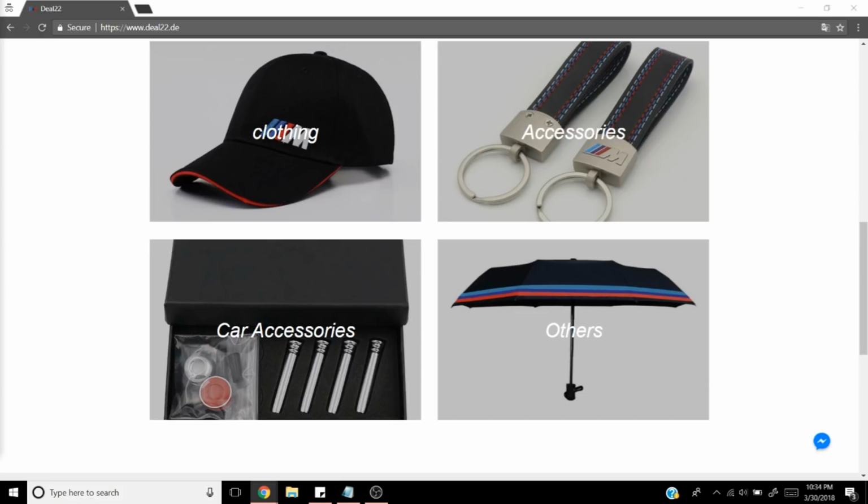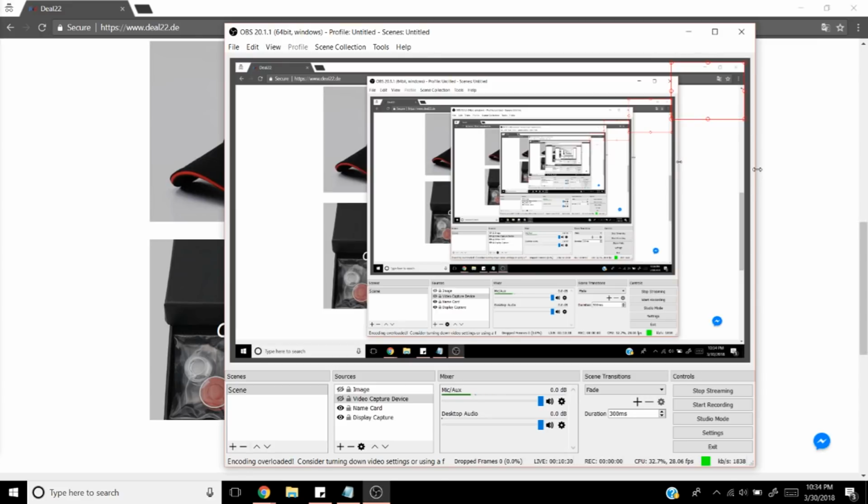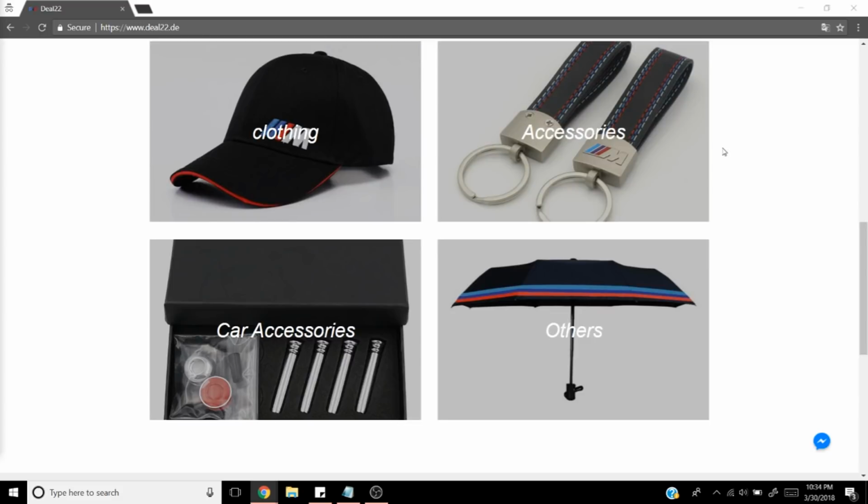Are you using a faster encoding preset? Is that a thing? Is stuff working now? It doesn't look like it's lagging anymore, which I really hope it's not. I just buffered a little bit right there. Try and ditch the face cam. Yeah, how's that going? This looks like it's working better, huh? You guys can hear me and everything?